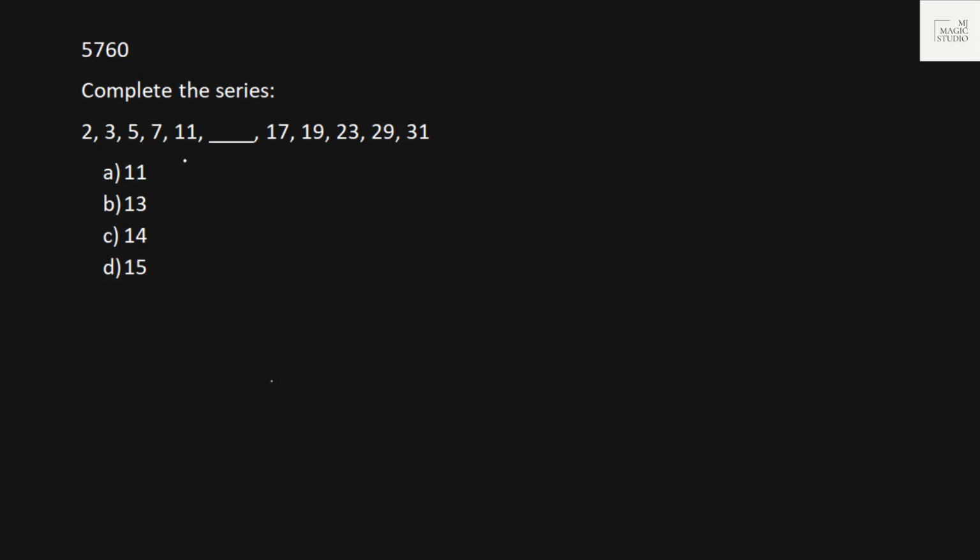Okay, one more number series. 2, 3, 5, 7, 11. A gap is 1, 2, 2. Then gap of 4. Here it is 2, 4, 6. Uneven. But if we look carefully, these are nothing but prime numbers. These are the first prime numbers. 2, 3, 5, 7, 11. After 11, we should have 13, 17, 19, 23, 29, 31. Bingo. This is the series of prime number. 13 should fit in this place. Option B is the pick.